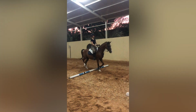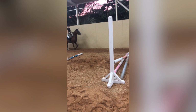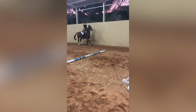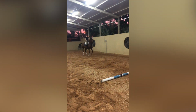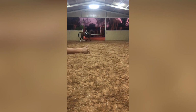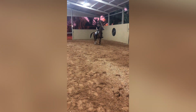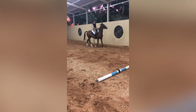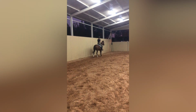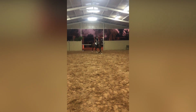Yeah, that does not look good. Couple of refusals. I have no idea what a 2-point is. I have no idea how to get him over a fence. I've never been over a fence ever. This is the first time of me and him doing it together, so clearly we have learned a lot. Yes, he's clearly not happy with any of that, and here's some of the few first somewhat successful, I thought this lesson was very successful,